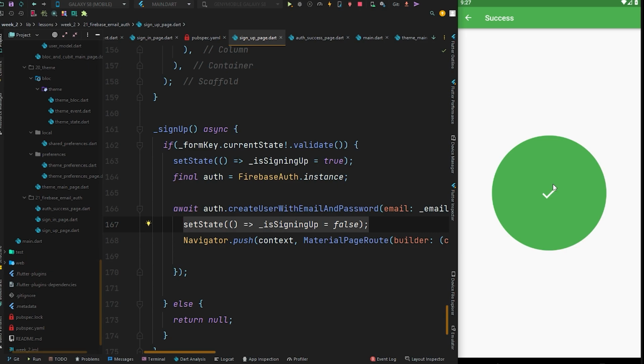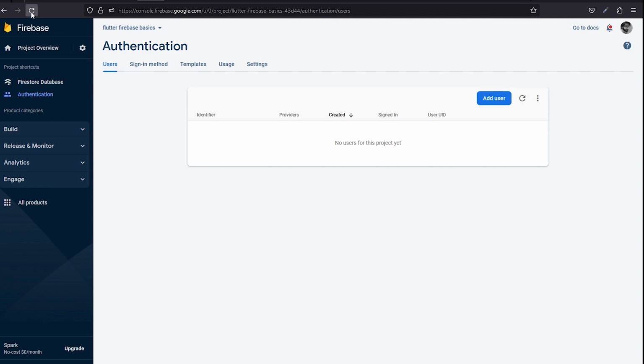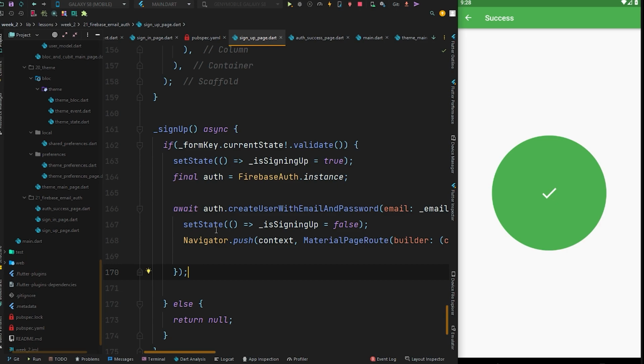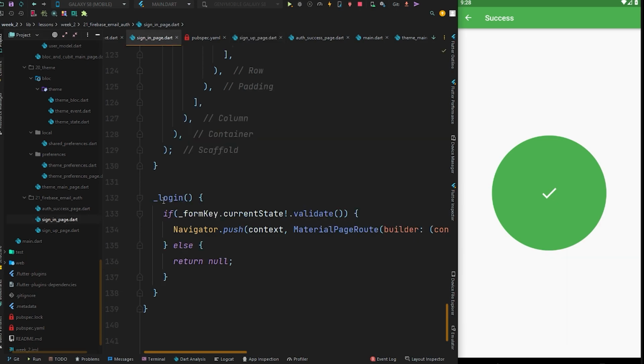Now after this, simply go to your browser to see if our credential is stored in our Firebase or not. So we are on our browser and simply restart this tab. So we got our john@gmail.com in here, and the provider, created and signed in time, and the user unique ID. So we have successfully created or signed up to our simple Flutter application, and now it's time to go for the sign in. So simply move to your Android Studio, and next is to go for the sign in